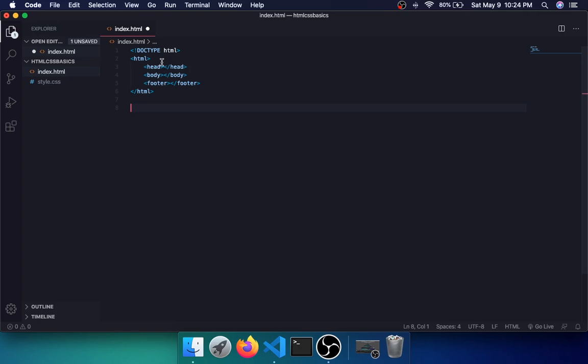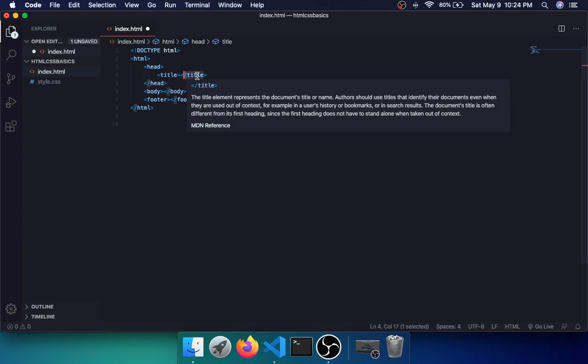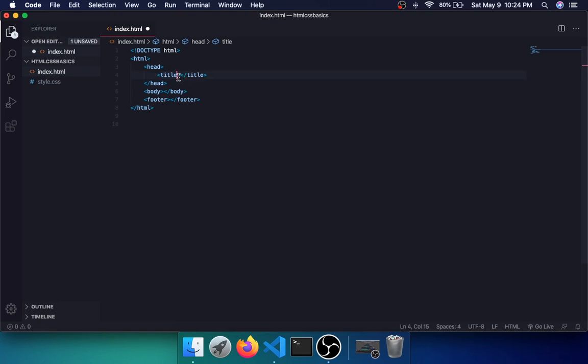Okay, so we're going to start with your head. Inside the head, we're going to have a couple of very important things. We're going to have our title, and just like every other tag, it's got an opening tag and then the closing tag with the / there. And the title is a container, and it can have text in there. So we can make our title "Hello World,"